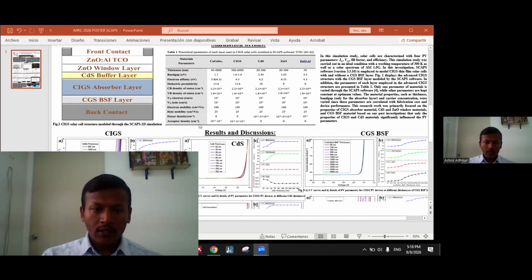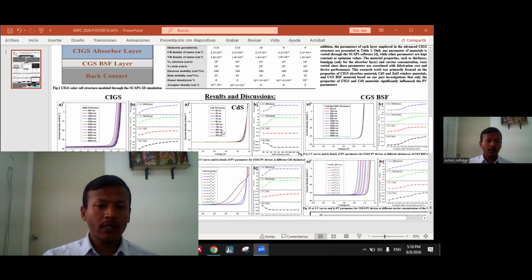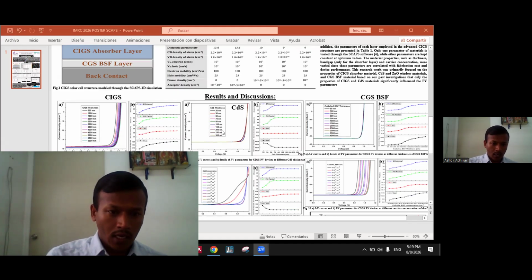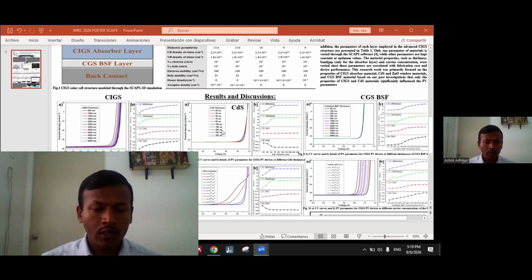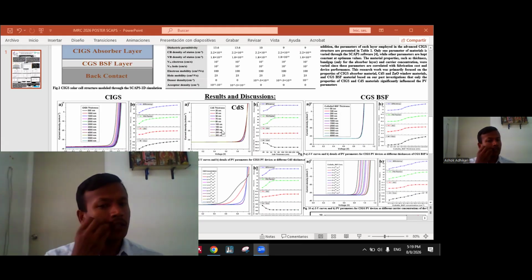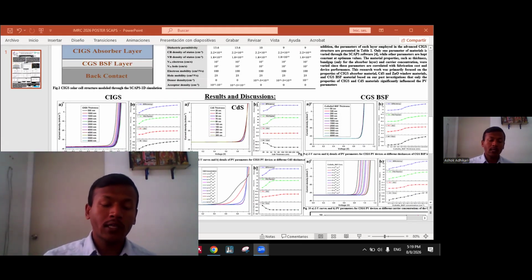In the results and discussion section, on the left side we have presented the CIGS materials. Figure 2 is the current-voltage diagram, visualizing the solar cell parameters: open circuit voltage, short circuit current, fill factor, and efficiency. The details are while increasing the CIGS thickness, the efficiency also increases. With increasing thickness, the absorption process also increases, which increases the VOC and simultaneously the short circuit current JSC, and